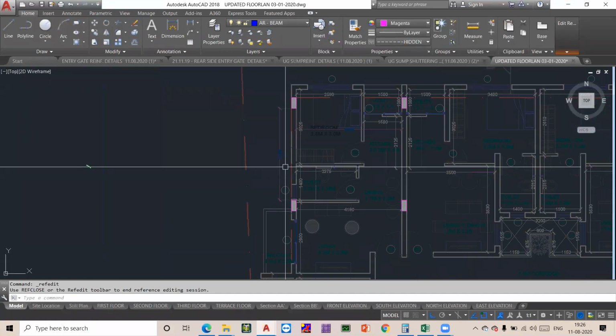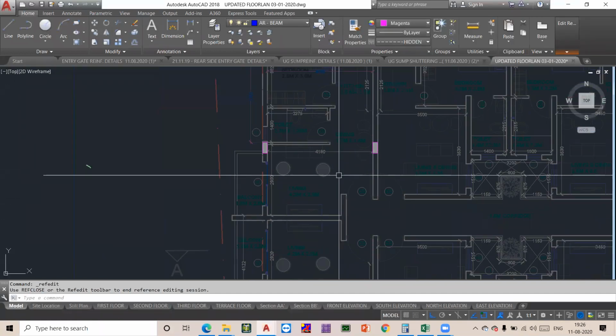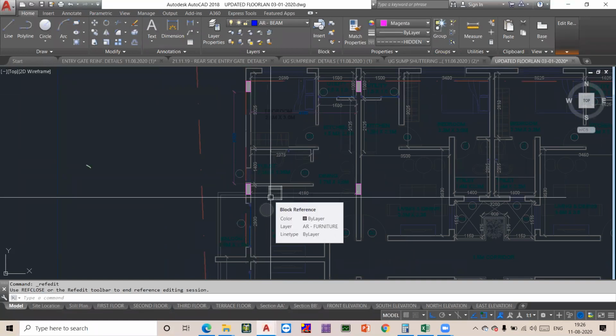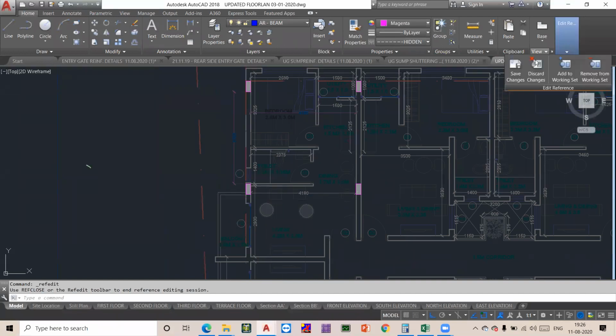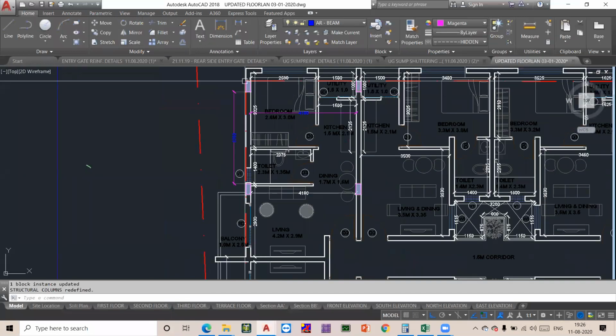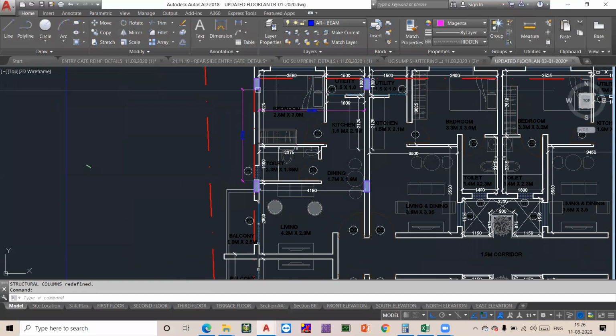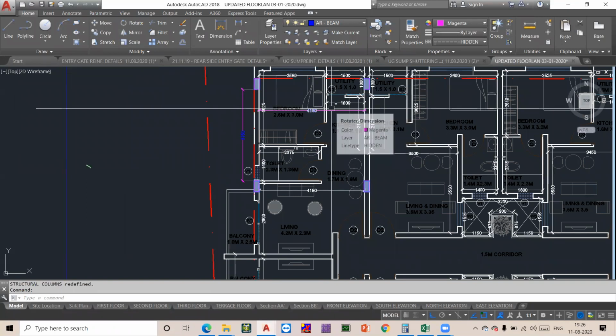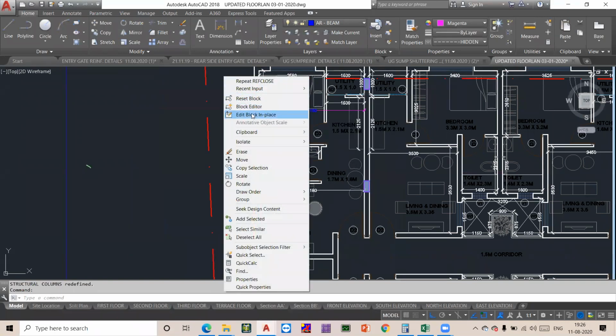See, now all of these columns that I am working on will be in one single block. You can save that block and come out. If you select one of the columns, all of the columns inside that structural column block will be selected. And when you get into that block,